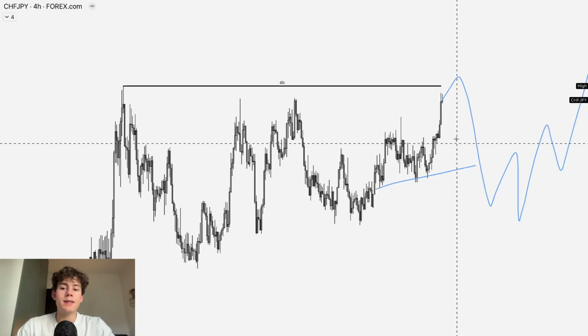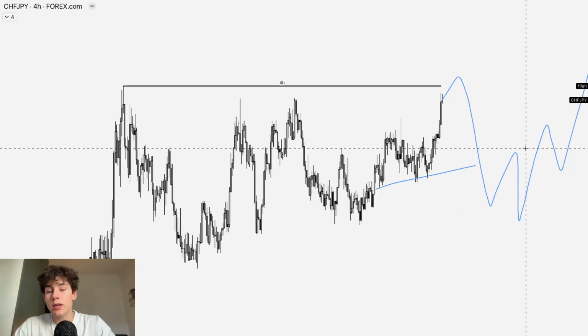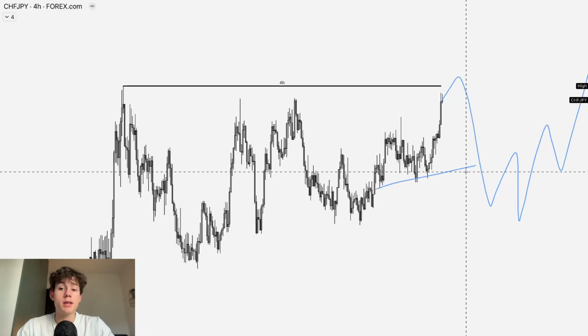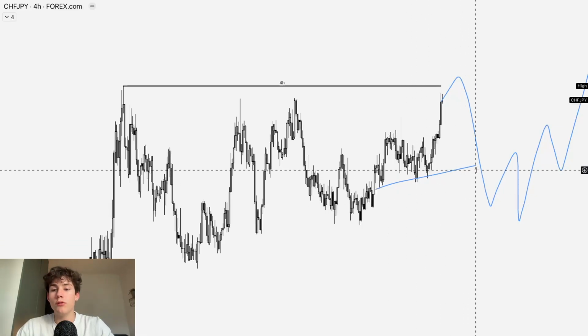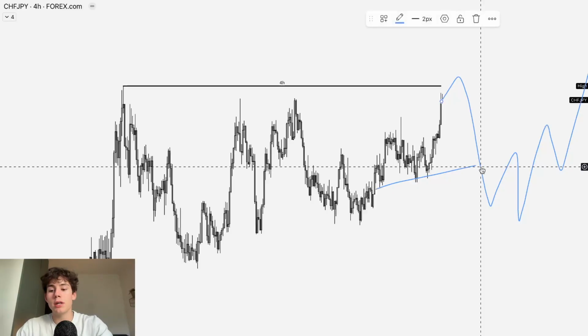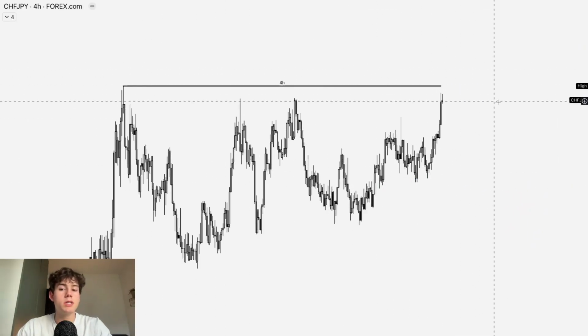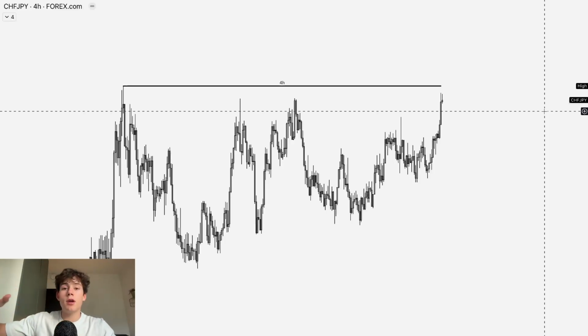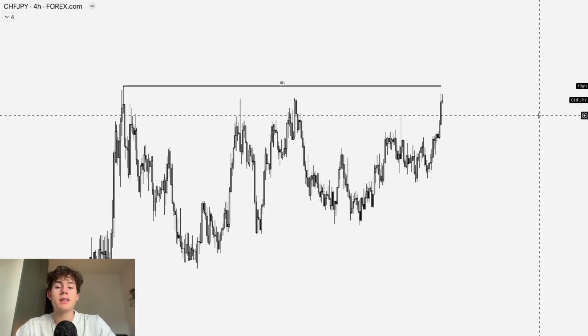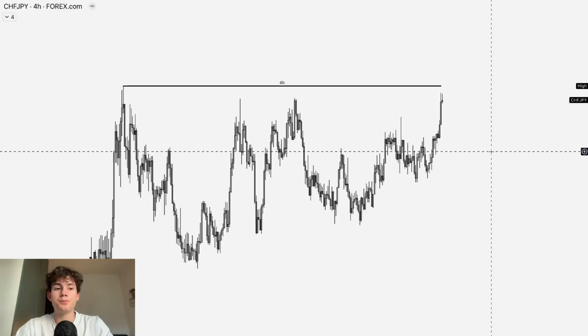This would be at the end of the week or maybe even next week, but we gotta see what price does and how fast price will move. But this is definitely something that I'm looking at, which is an A plus setup, because we took liquidity, we are swing bullish, and we trade with the higher time frame, which should trade towards that higher time frame supply.